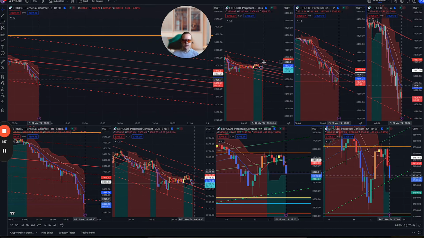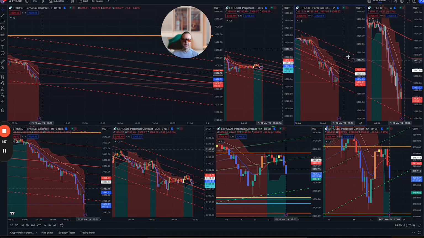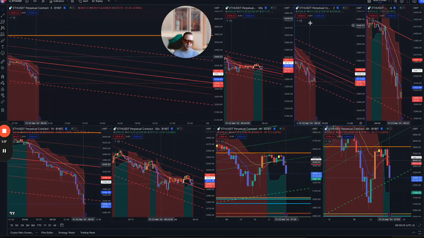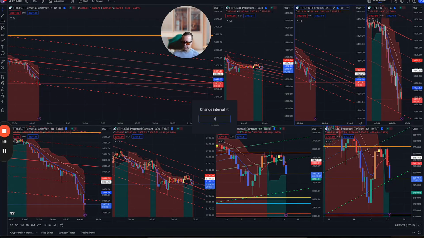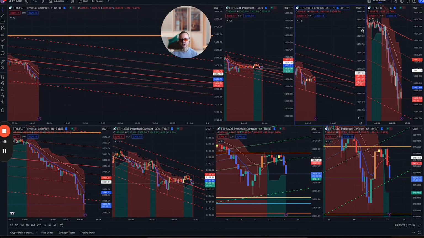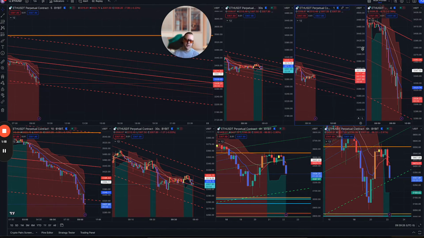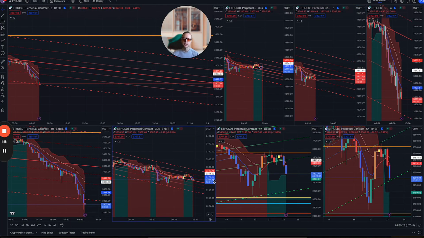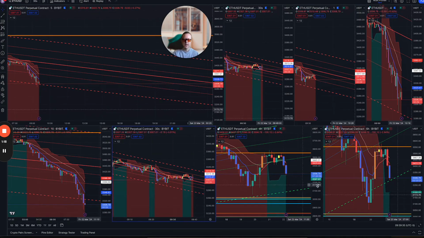Now that would be 33.26, and again, that's the 30 minute. You might look at a different time frame, like the 1 minute or 2 minute. Again, this is just for entry only when all other time frames are doing what you want them to do, like this 4 hour being deep blue, this